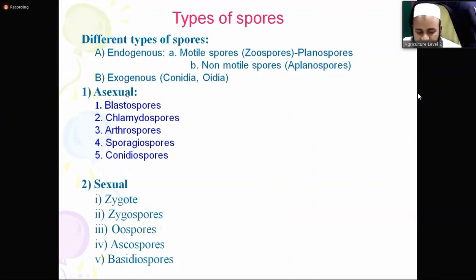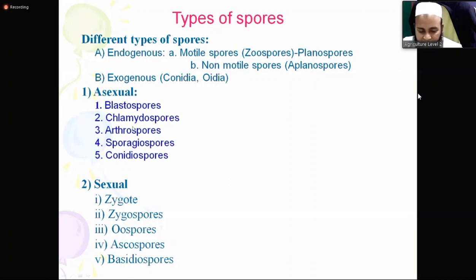Asexual spore means you understand, so they have no partner. Without sex with the opposite partner, they can produce spores, whereas sex is necessary in the other case. So partner does not mean male and female. We cannot say that directly in the case of fungi.